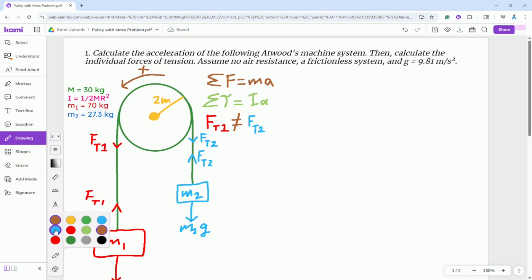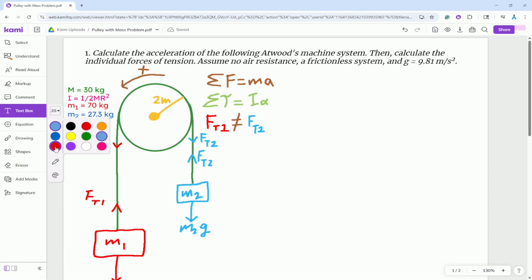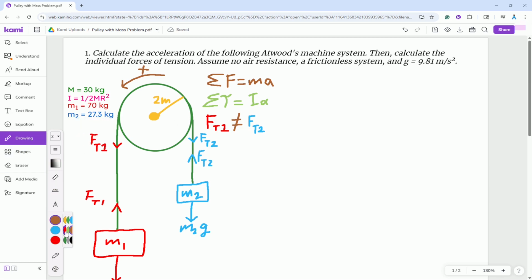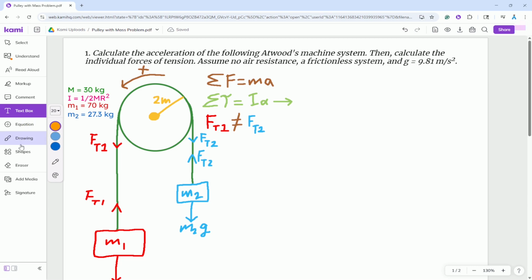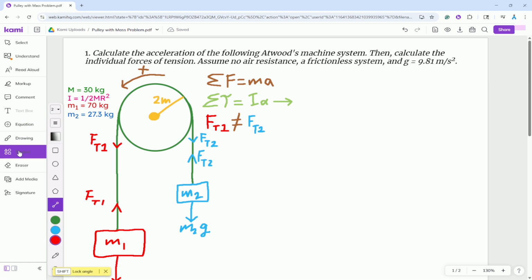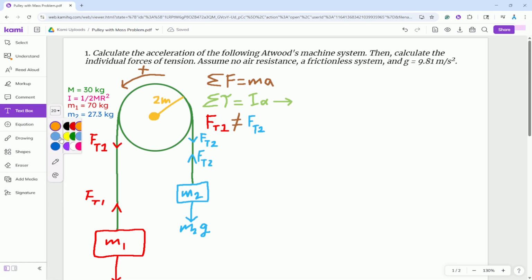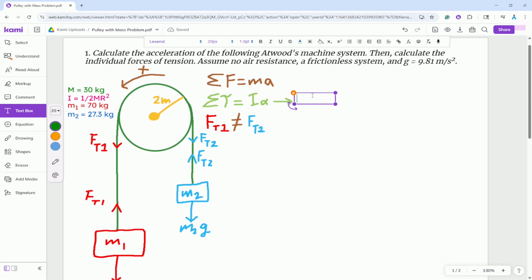Let's go! I'm going to use a text box for this because it's going to be quite a lot. Using the rotational form of Newton's second law, we're going to write this equation. The net torque, which is, as we just saw, FT1,